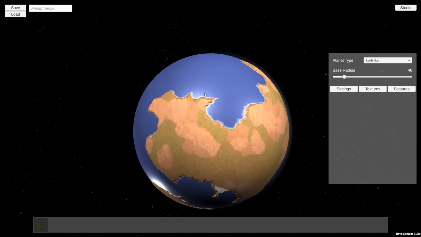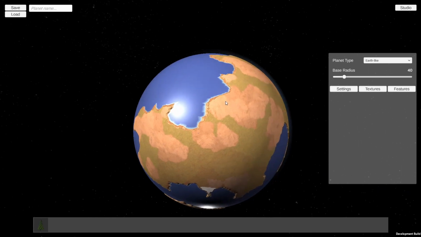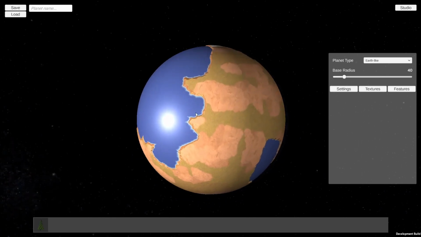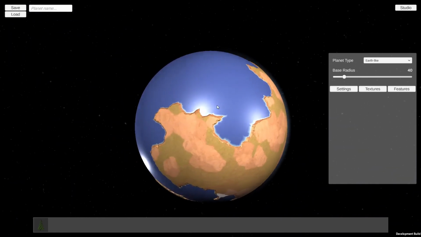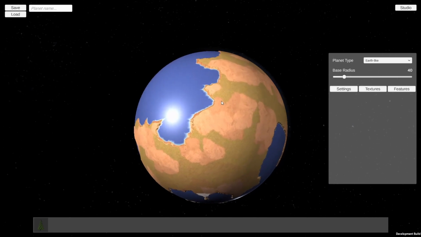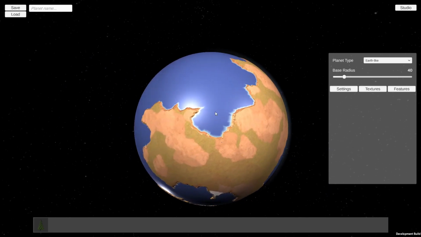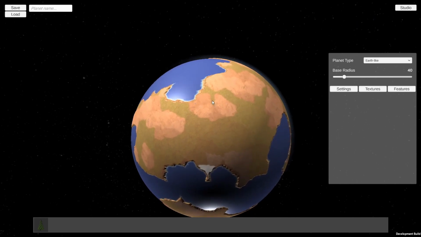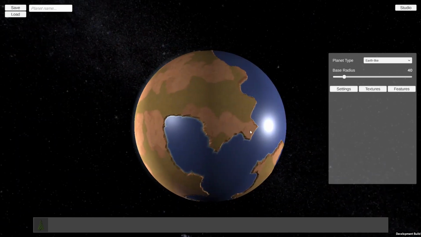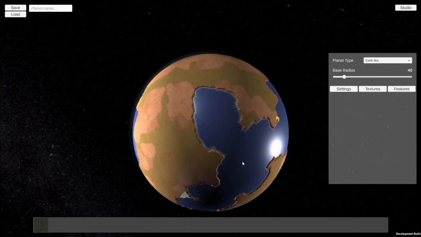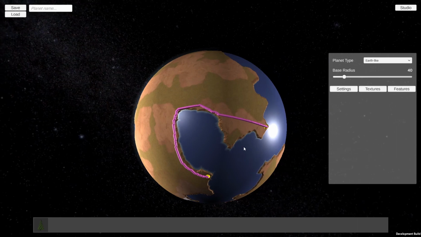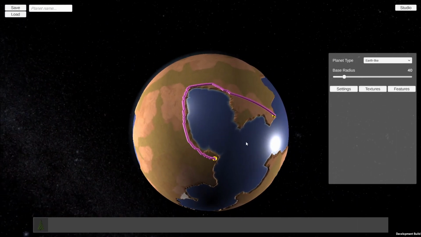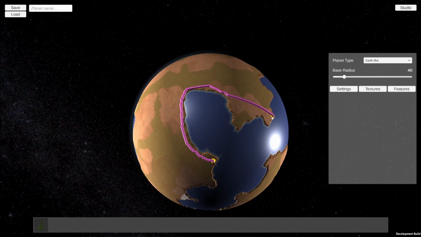But I first want to talk about, before I get to the actual placement of objects on the planet, that I have essentially finished the A-star navigation, and I've just got a rough debug system working at the moment. So no actual units are moving, but that is obviously the next step. So what we can do is place a little circle here, and then a circle here, and as you can see, just using these nice friendly debug spheres, we're generating a path from the starting point to the destination point,